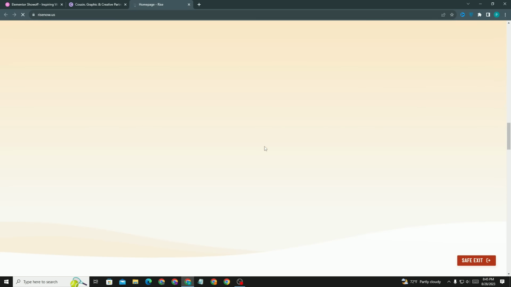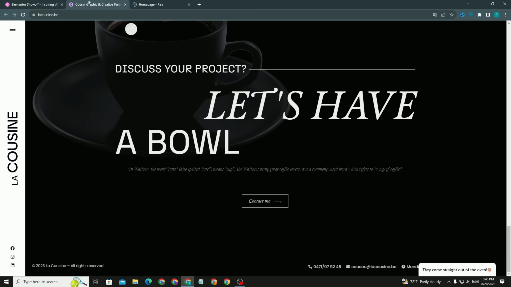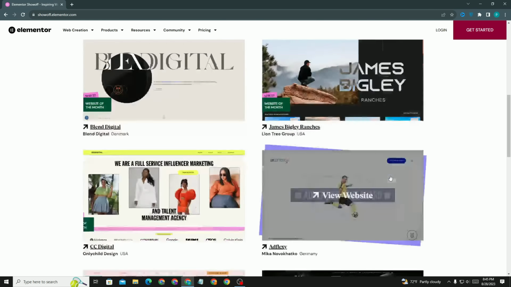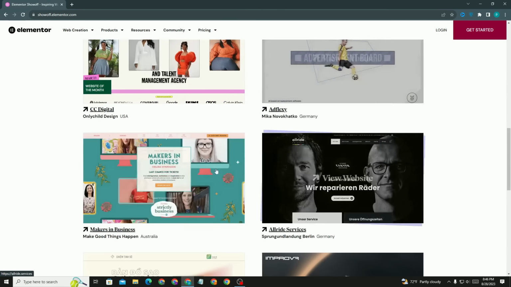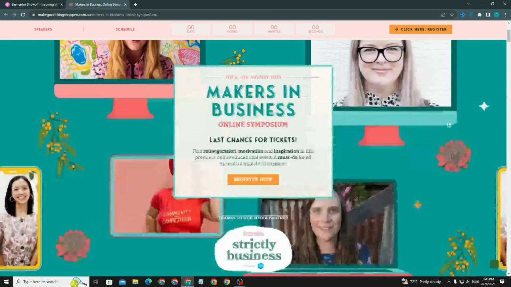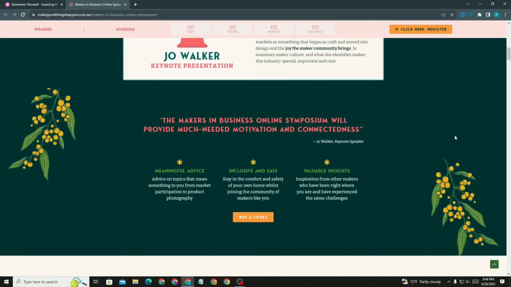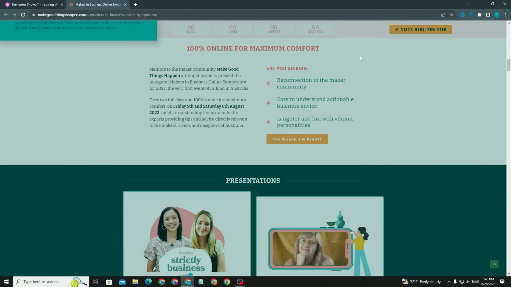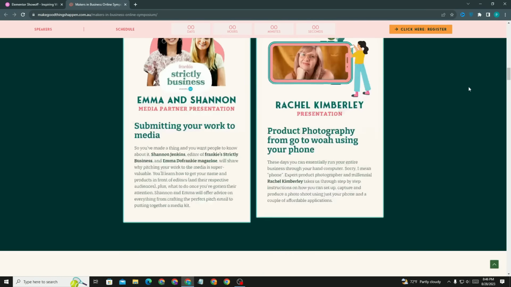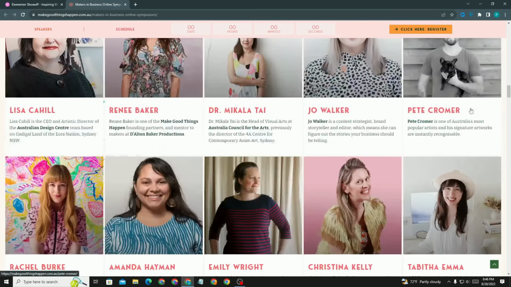So you may change the color also, but I personally say that don't use these kinds of things. So websites will be SEO and user friendly, so you may visit other sites also like this. For example, here you can see it's loading. Okay, so for the marketplace and for the business, simply you can use Elementor, you can make this kind of website through Elementor. It's just a very easy and simple process.